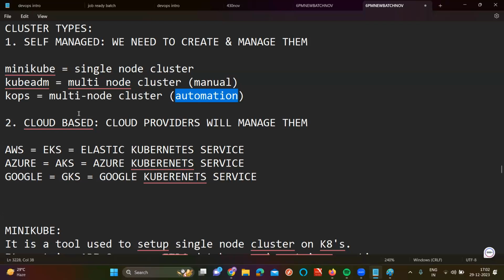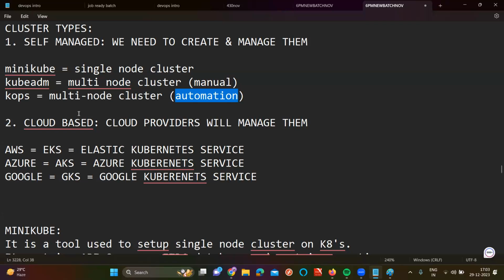But with this tool, we can create it within 5 minutes, and that too by running a single command. One command can create the entire infrastructure of our application. That is the KOps tool, which is very, very high end. So I'll teach you.